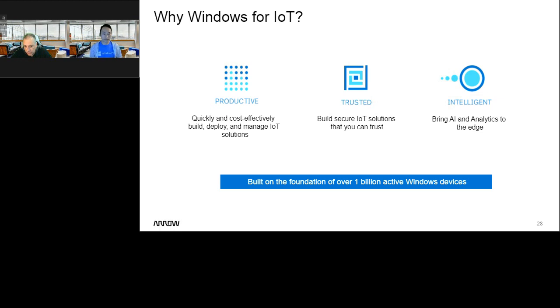Lots of our OEMs need to learn more about Azure and capturing the data on your appliances and learning what kind of services you can offer your customer base. We can obviously discuss that kind of stuff too. So, built on a foundation of over 1 billion Windows devices, 30 years of building on the same platform. It's come a long ways.